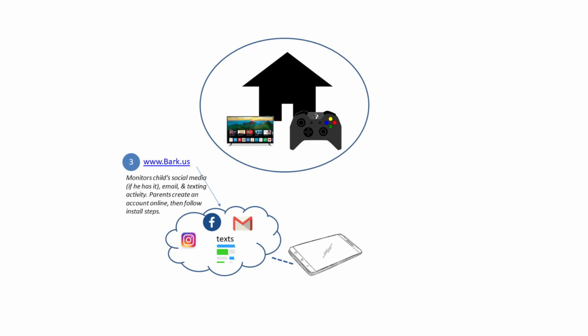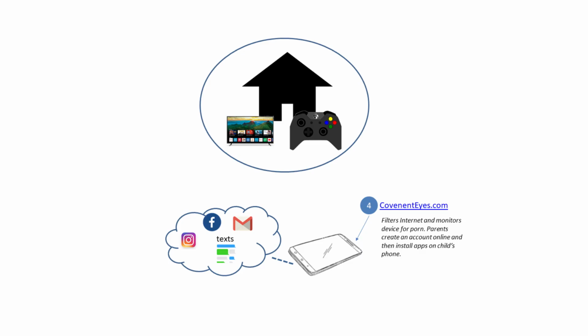Okay, the third thing, monitoring, bark.us. It's the best out there. It's really the only one that does a good job. What they do is very useful. They plug into your child's social media account if he has it, also his email, also his texts if he has an Android or an iPhone. And rather than you having to go read all of his posts, which frankly most parents don't have the time to do and just don't do, it does all that for you using artificial intelligence, and then it just sends you alerts if it finds something that it might think you want to know about. And it could be mood disorders, sexual comments, violence, whatever. Bark only alerts you to the things that it finds problematic and does a really good job of that. So I'd recommend Bark. It's not that hard to set up.